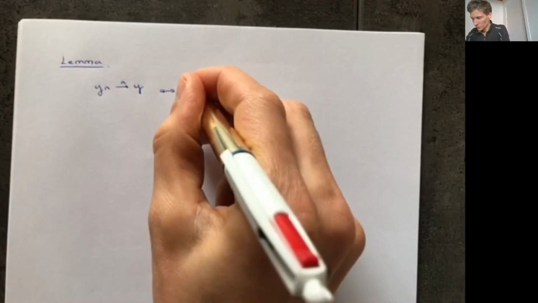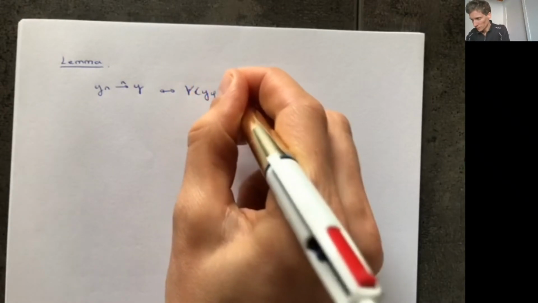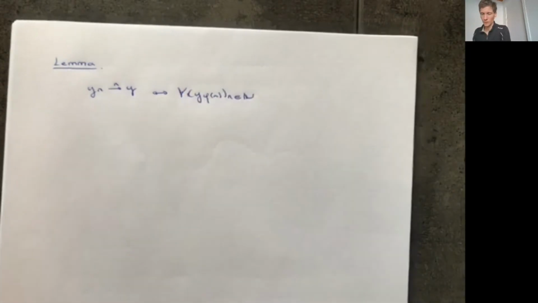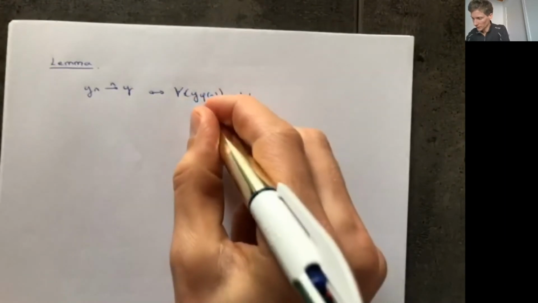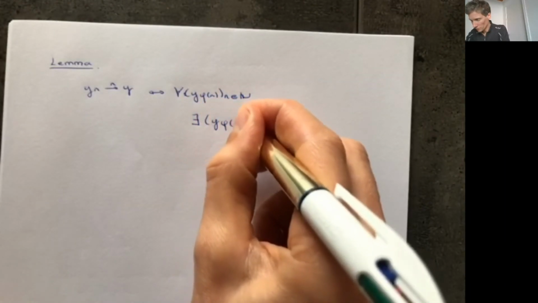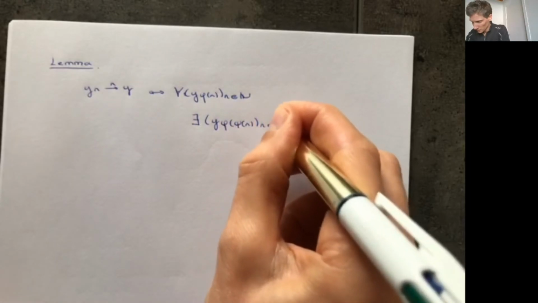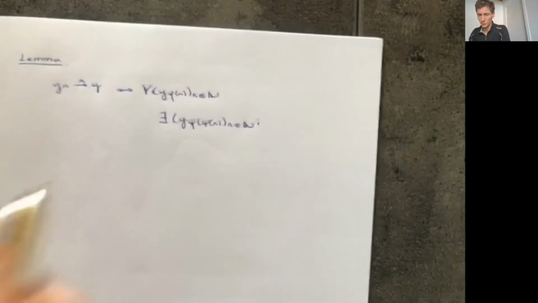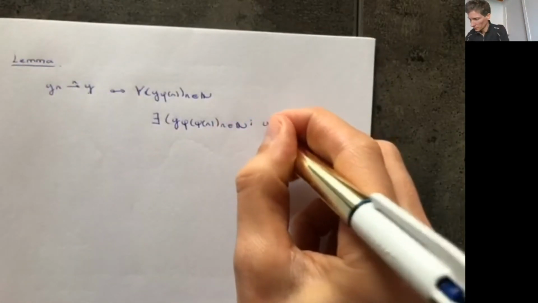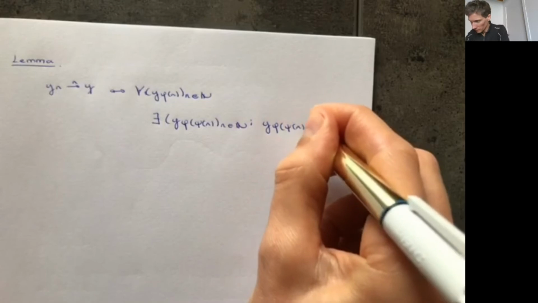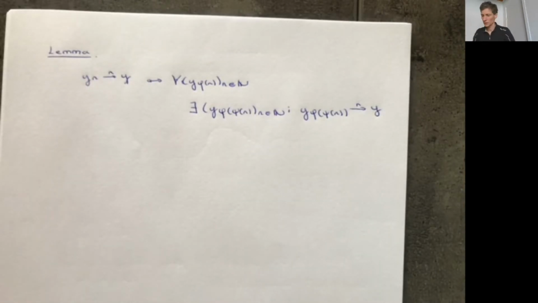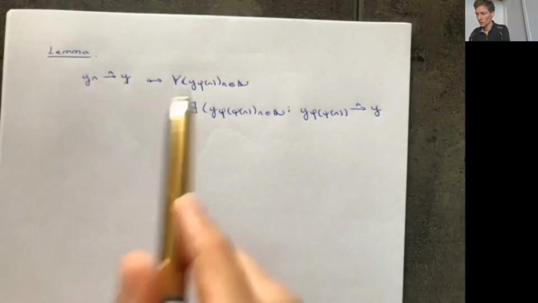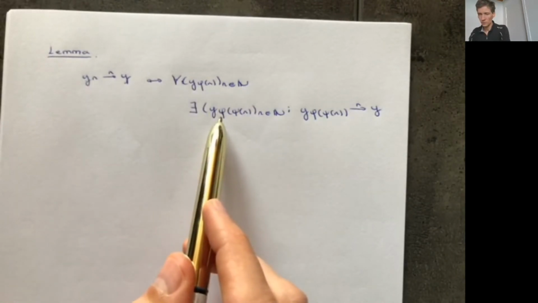For all subsequences y phi n, there exists a subsequence, so let me write this as y phi of psi n, such that this subsequence converges to y. So a sequence of numbers, or it could be vectors, but let's take numbers,